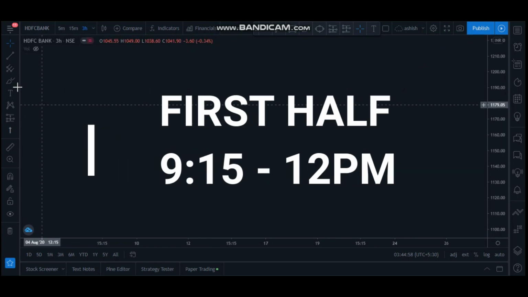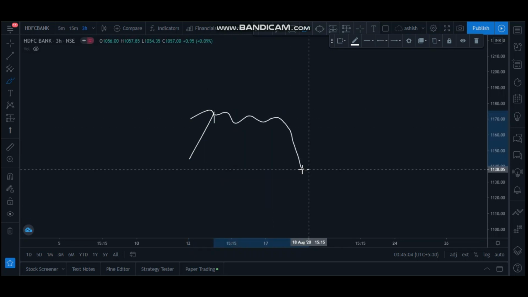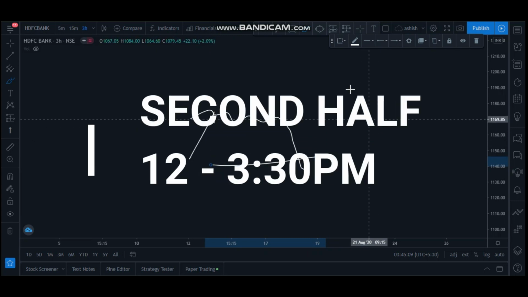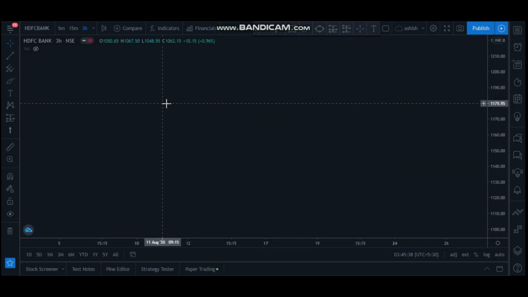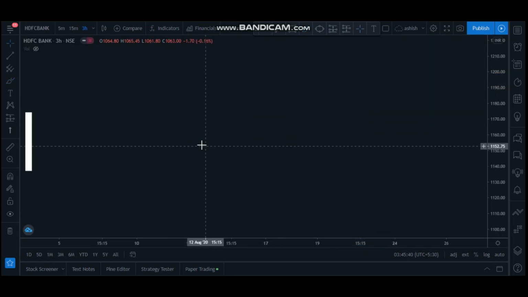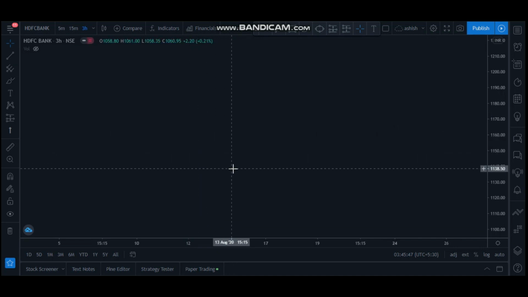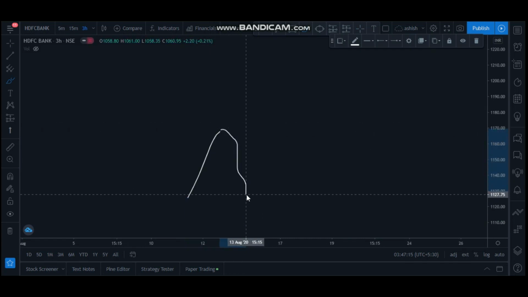When the market opens in the first half and gives a breakout, it will rarely sustain this breakout and it will come down to its original position. But when the market gives a breakout in the second half, then it will sustain that breakout and it will go much higher. This happens because professional traders are trading in the second half of the market. So when a breakout occurs, it has a lower probability of returning to its original position.